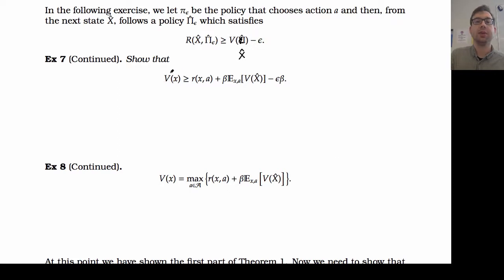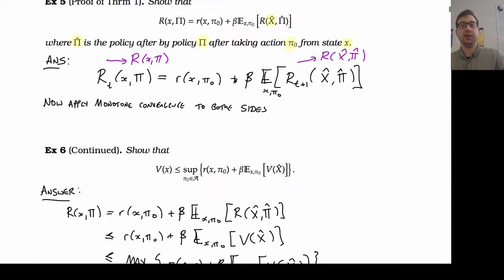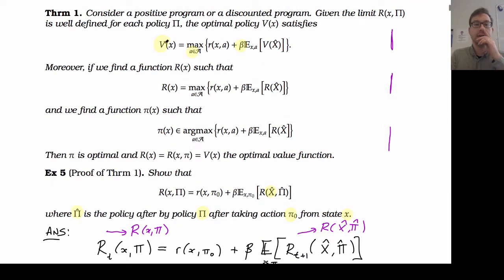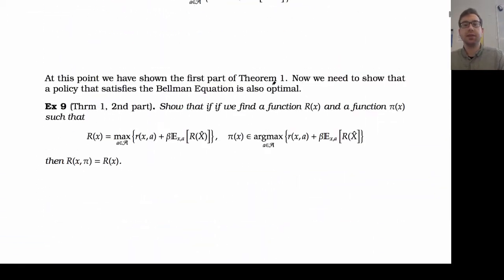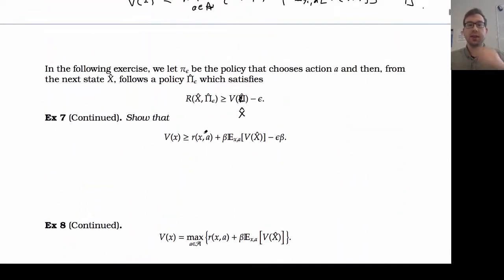That the optimal value V is less than the instantaneous reward plus beta times the reward from the next step, minus some epsilon. Notice V of x is less than or equal to something to do with the actions. Just going back to the expression here, saying V of x is less than or equal to something inside these brackets, we're now trying to get the other direction, with the inequality the other way around. We've got something very similar to that here.